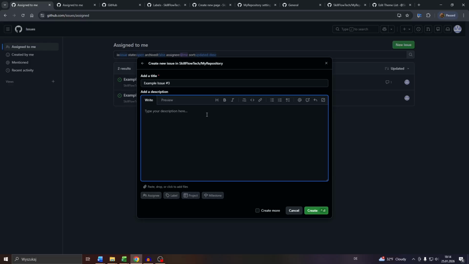You may mention someone, for instance, or add a hyperlink, use the preview, and so on and so forth. Assign someone, but before you click into create in the bottom right to save the given issue inside your repository, select create more here. And after that, click into create, and you will be instantaneously redirected to the next issue,